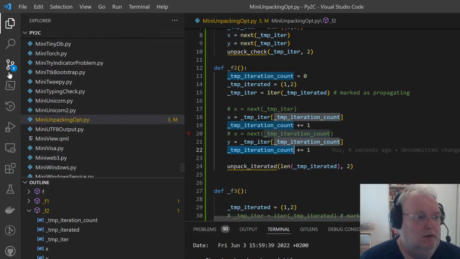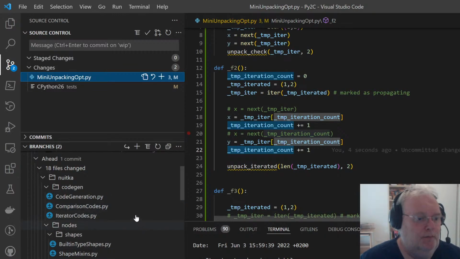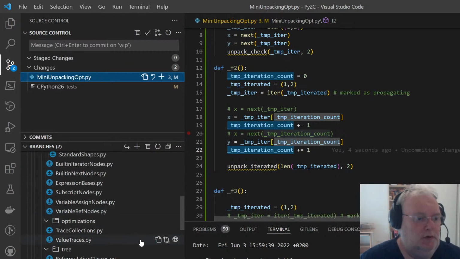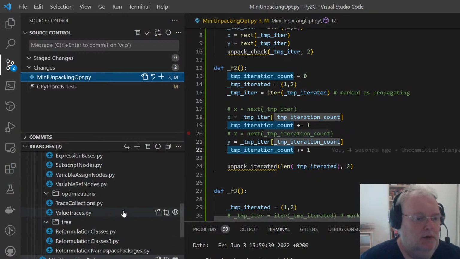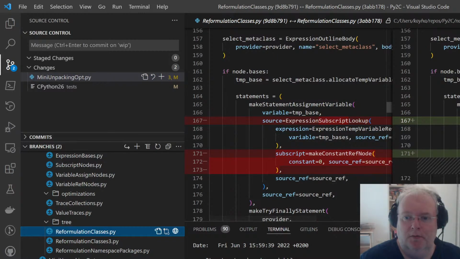And okay, so where are we? Where do we start showing it? Okay, did some fairly innocent changes. This is in preparation of optimizing things better.